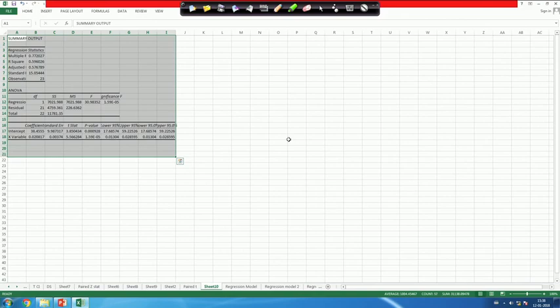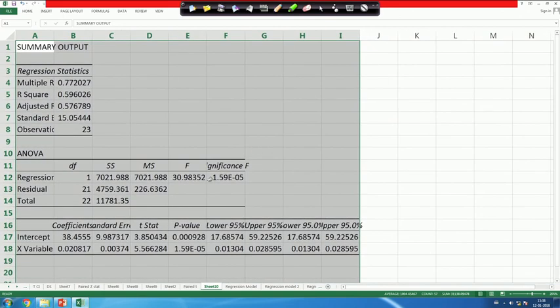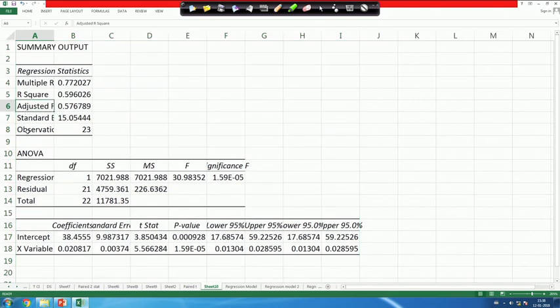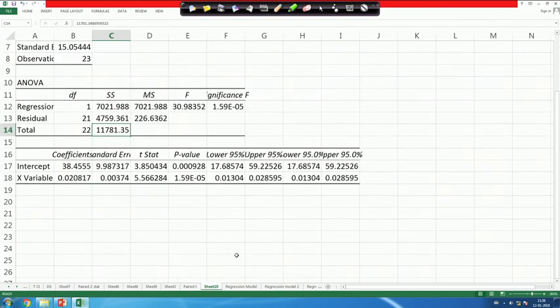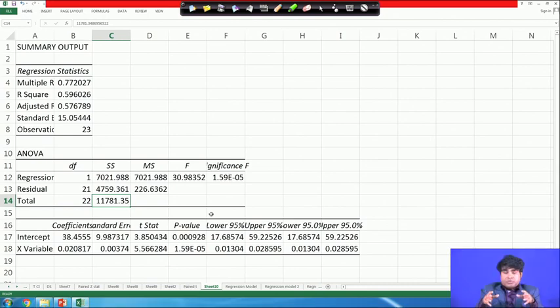Then it will give you the output of the full model, with the F statistic, R square, adjusted R square, the number of observations, and the ESS, RSS, TSS, and the intercept and the coefficients of all these parameters. We can also have the lower bound and upper bound. So, the software will give you all kinds of results. It will help you go for prediction, but the only requirement is that you have to know the technique, understand the technique,